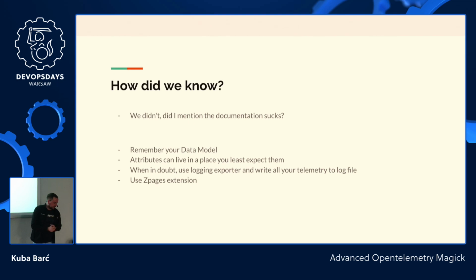And if I want to leave you with one thing, it is to remember your data model. When you're struggling to understand what OpenTelemetry is doing, why is it not filtering, why is it not processing the data that you want it to, it's probably that the attribute you are looking for is in a completely different place in the tree, and you need to find where exactly. So